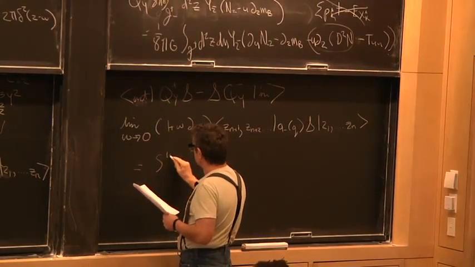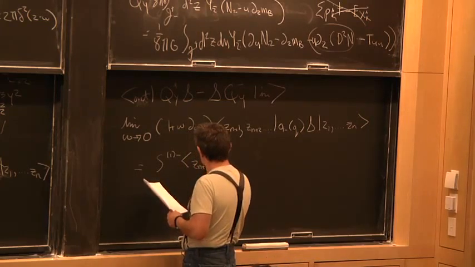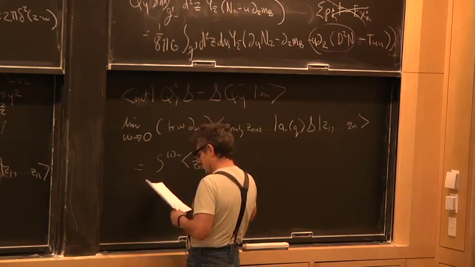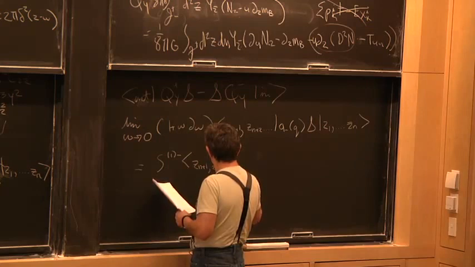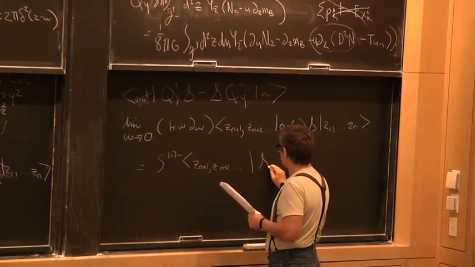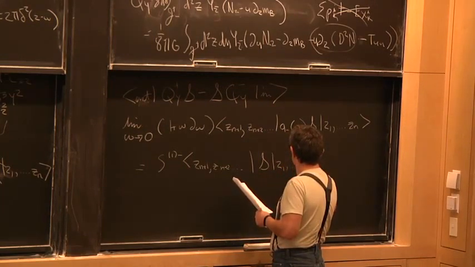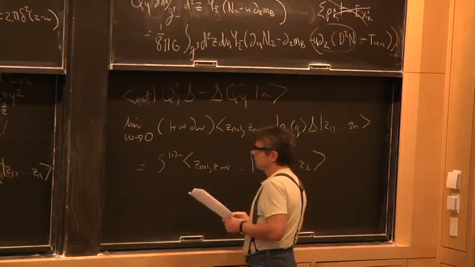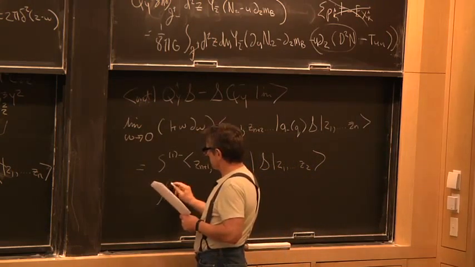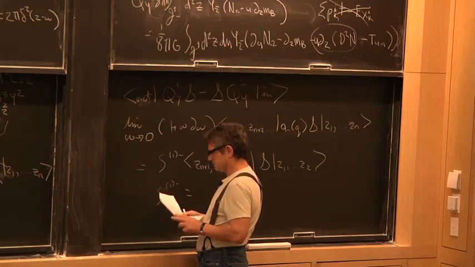It's equal to S1 minus, Zn+1, Zn+2, dot, dot, dot, S Z1, Z2, where S1 minus is equal to